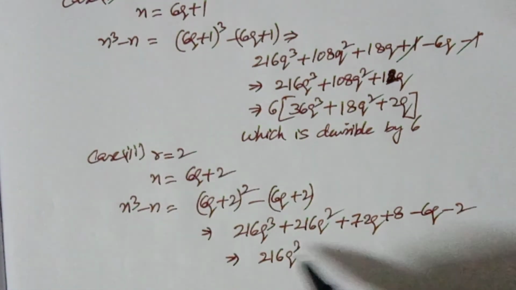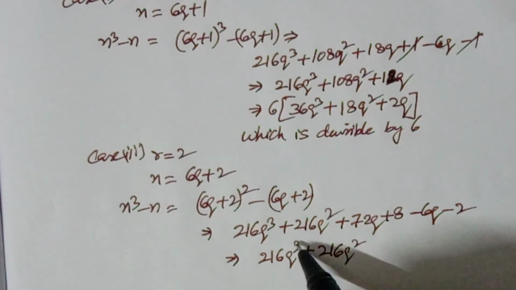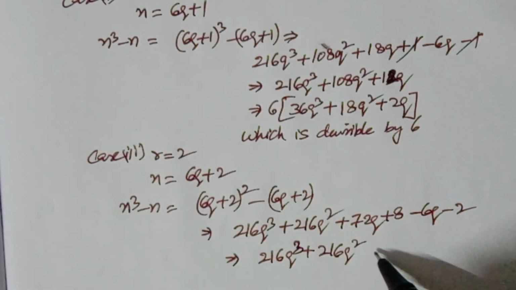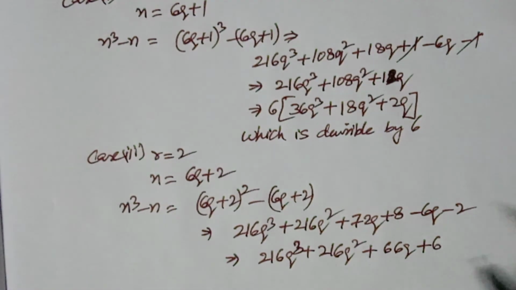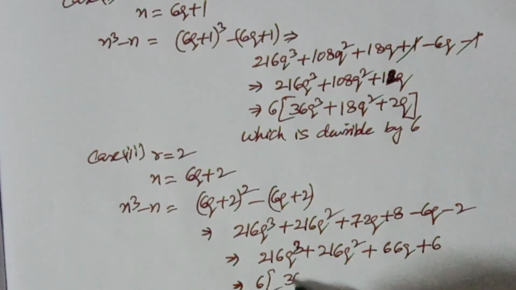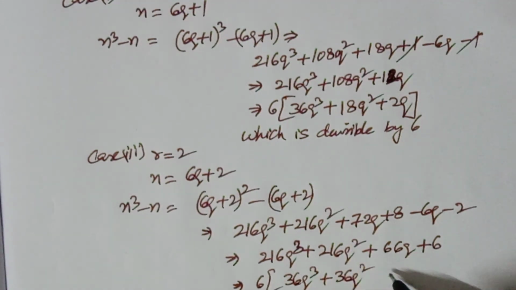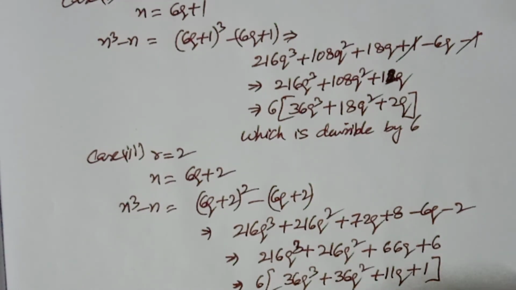So 216q power 3, 216q square, plus 66q plus 6. Here also you can take 6 common: 36q power 3, 36q square, plus 11q plus 1,